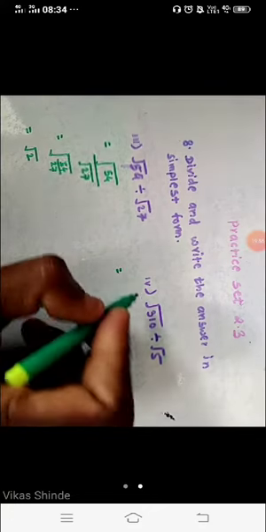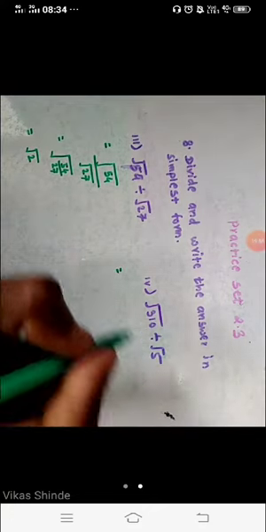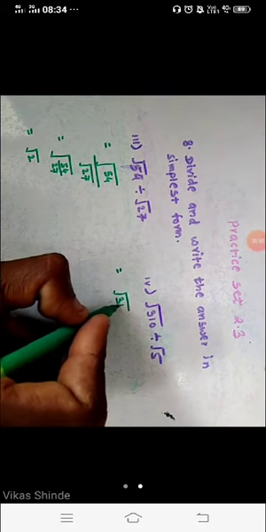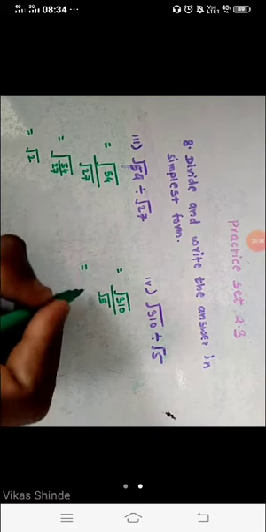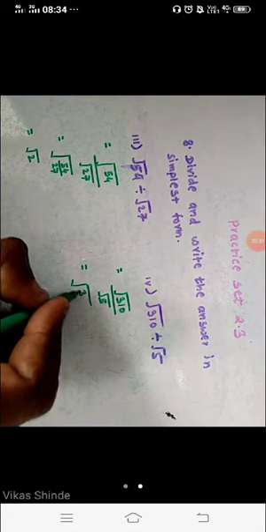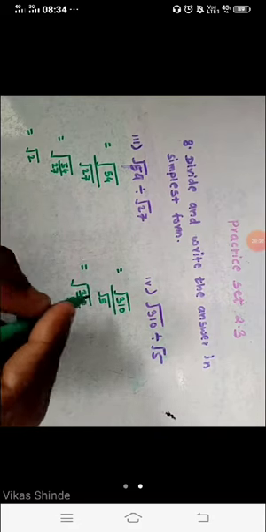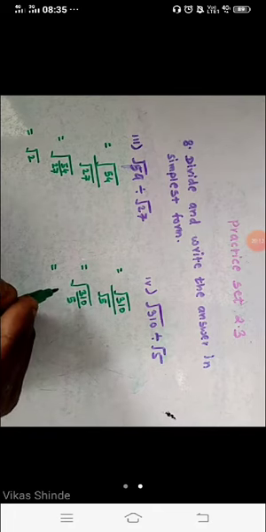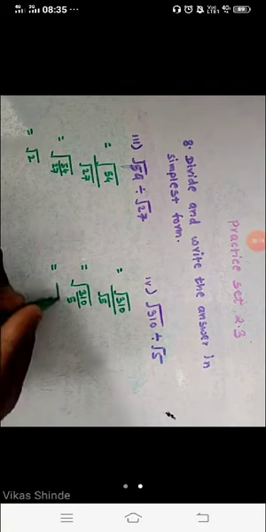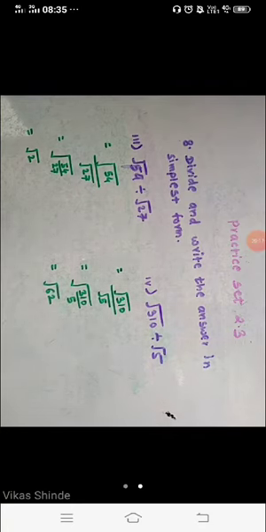Now in the next question, question number 4, 3 under root of 10 divided by under root of 5. So write firstly 3 under root of 10 divided by under root of 5. Then in the next step, take the common sign here: 3 under root of 10 upon under root of 5 is equal to, divide both the numbers by 5. If you divide this number by 5, we get here 6 under root of 2 as our answer.